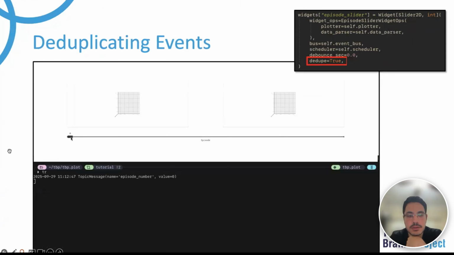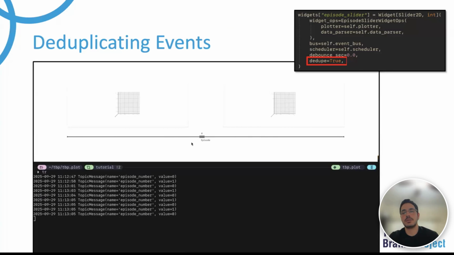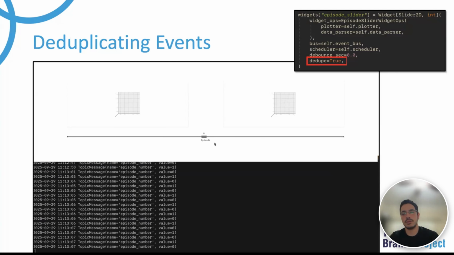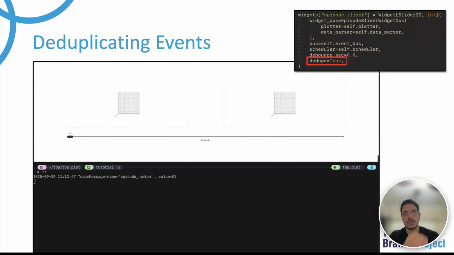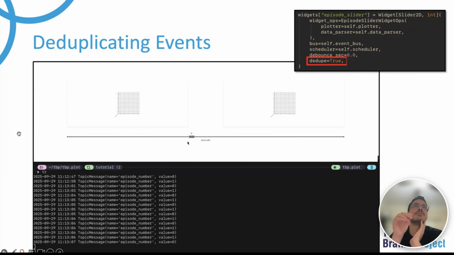And that's another thing. So let's say you have 50 episodes and every episode is just changing the mesh, and changing the mesh is actually an expensive operation. As you go between them, it will very quickly become non-responsive because you're changing from 0 to 1 to 3 to 4. And that's not a problem of deduplication. The actual state is changing. So that's why I need debouncing. What debouncing is,